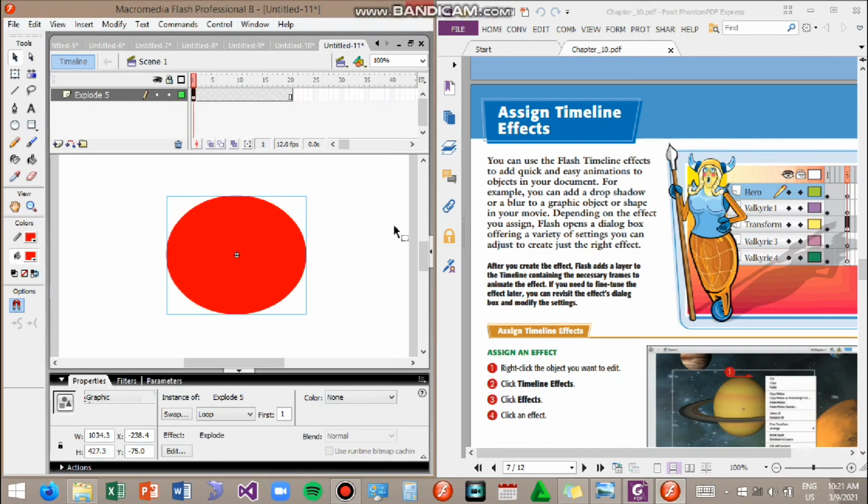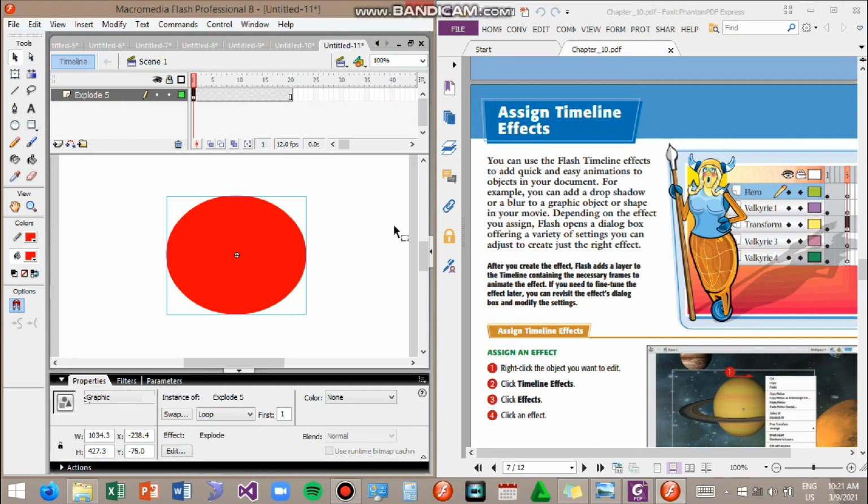By the way, when creating effects in Macromedia Flash, the more effects that you place on your Flash, the bigger and slower the file of your output is, because you are using the pre-built effects that are based on your Flash. So the more effects that you place, the slower the effects will be.